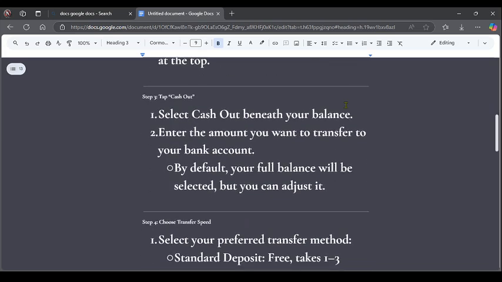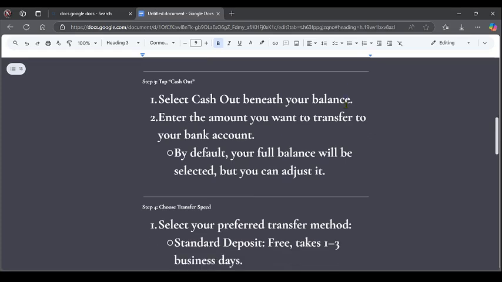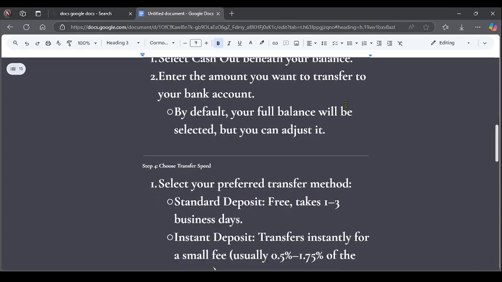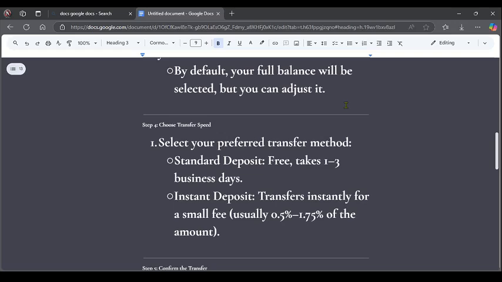You tap on the Cash App, then you input your bank information. Then once you do that, you initiate the transaction. And from there, you can also choose the transfer speed. And just simply add the standard deposit, which is